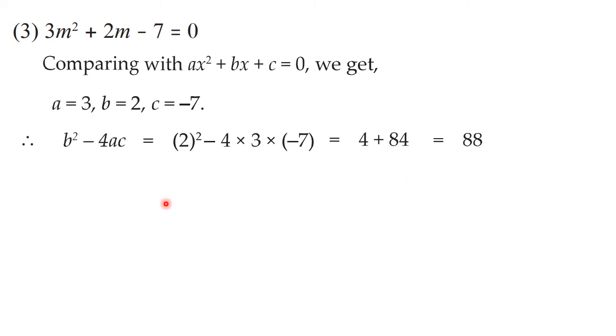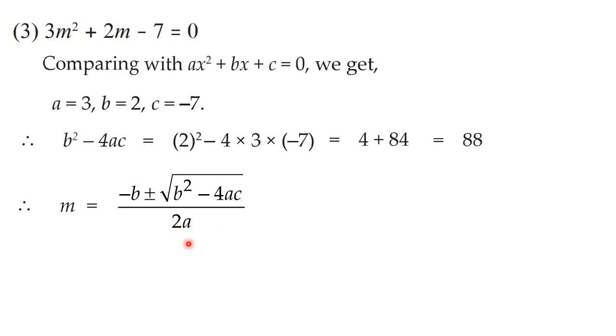Now after finding this, the next step is to write down the formula. So all of you write down the formula. Here I will not write x now. Why? Because the variable is m. So take care of this. You have to observe the variable. Now by default from my mouth x came. But you should change it according to the question. The same variable should appear here. So m is equal to minus b plus or minus under root b square minus 4ac upon 2a.